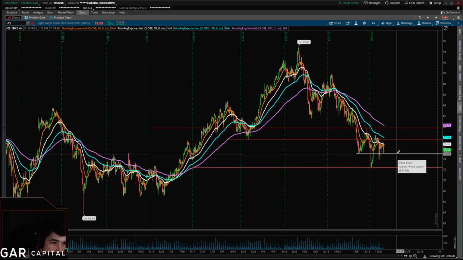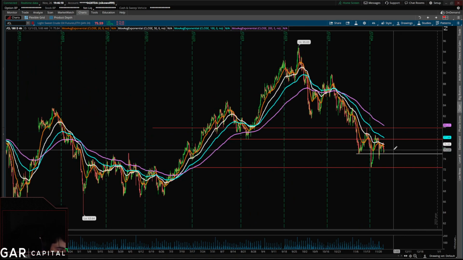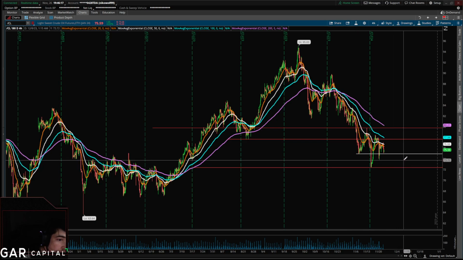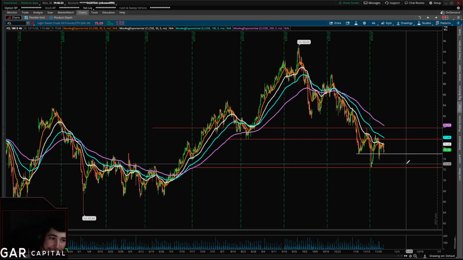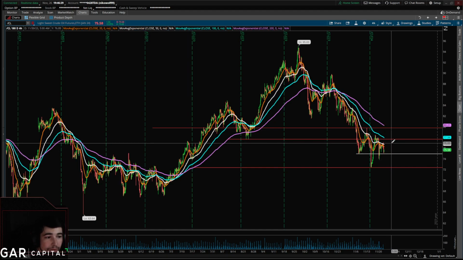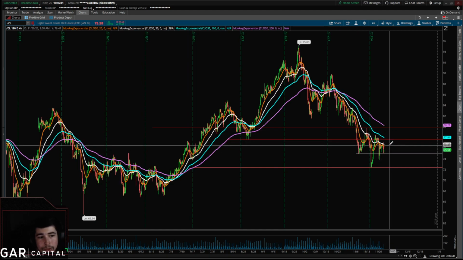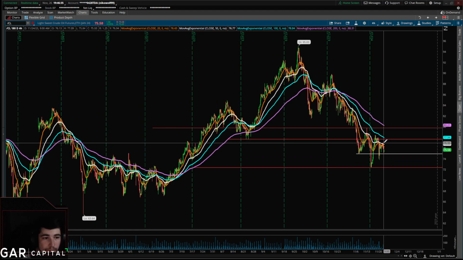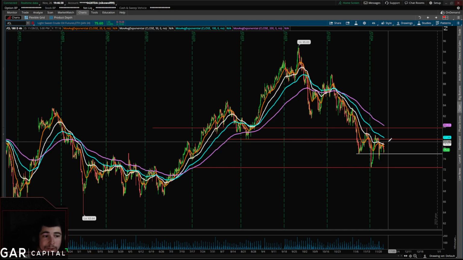Would I short it here at 74.92? Probably not. The only reason I say no is because your first take profit has to be the previous higher low of 73.80, and then your second take profit is 72.37. But I don't think the risk to reward ratio would pan out very well here. You don't really have anywhere valid. I mean, you can set your nearest stop loss to 77.20, but